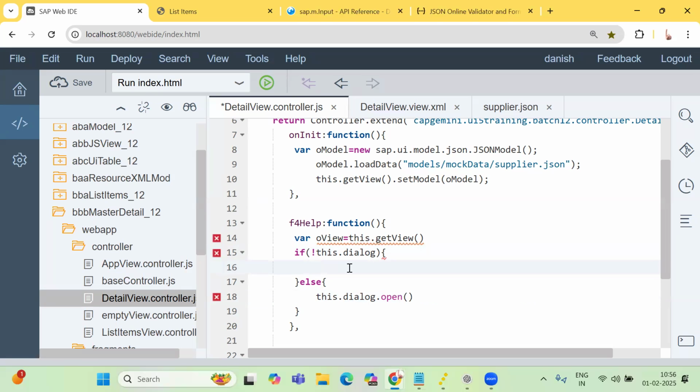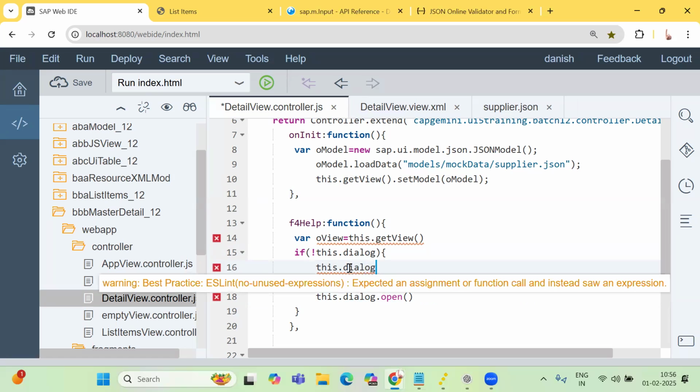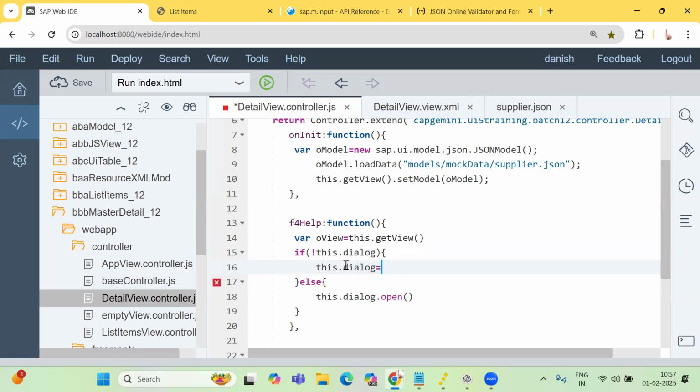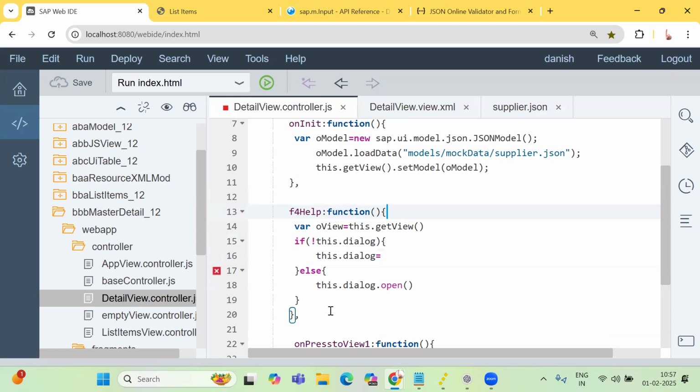Now I'm going to create a dialog. So if it is not there, this.dialog equals, there is a, why is it showing a mistake? Oh, because of that thing. Okay. So